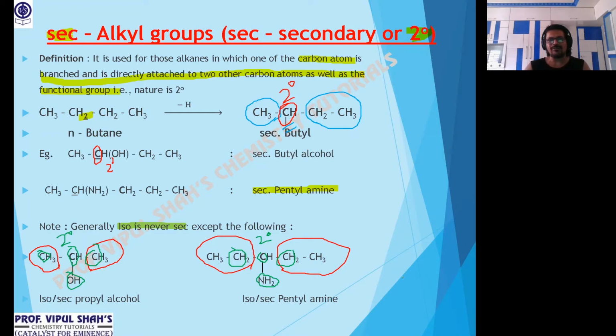So what I said in the previous part, iso, we had two parts, right? 1 degree and 2 degree. Important. Normally iso is always 1 degree, but whenever iso becomes sec, the nature changes to 2 degree, and that will happen in these exceptions. Okay, so iso and sec concept clear, everybody? Okay, all right. Next,